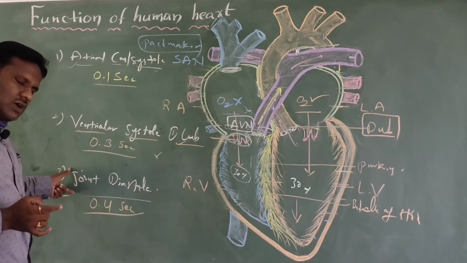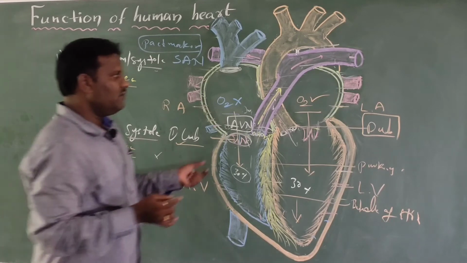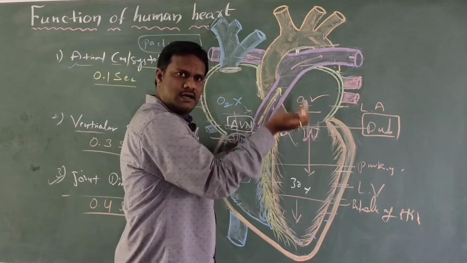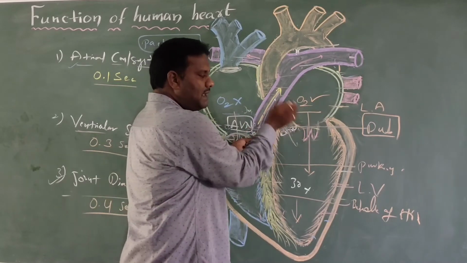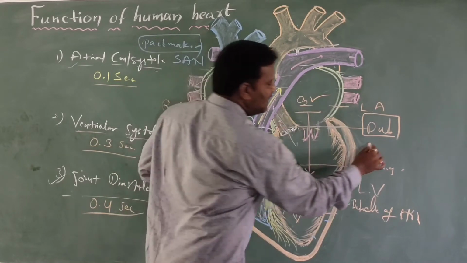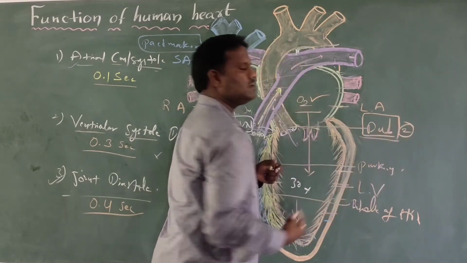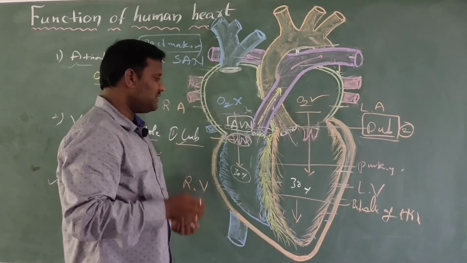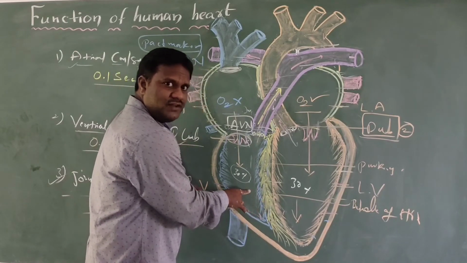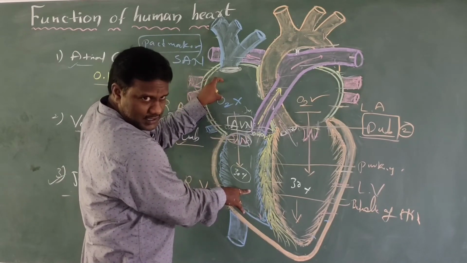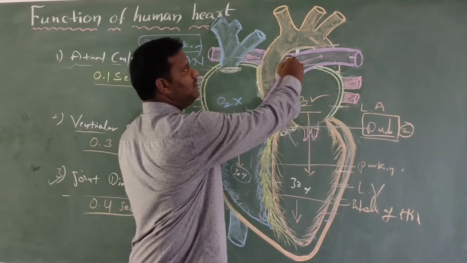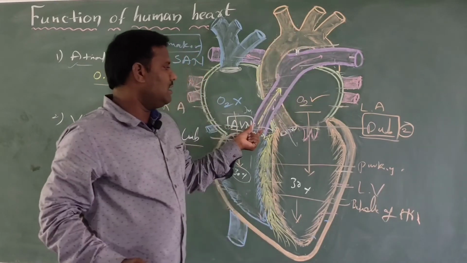And in joint diastole, whenever the semilunar valves present in the systemic arch are closed, that is the moment the second sound is generated. So that is called lub, dub. In this way, blood pressure is very low in the auricles compared to the arteries. In the arteries, blood completely flows into the systemic circulation.